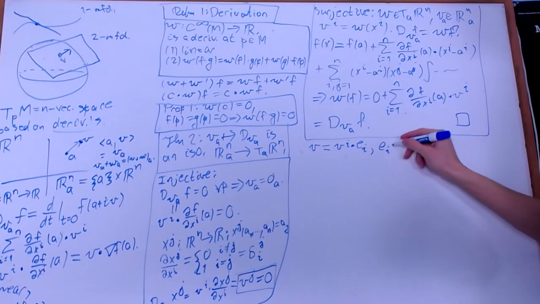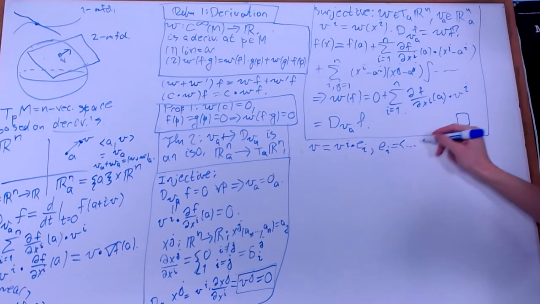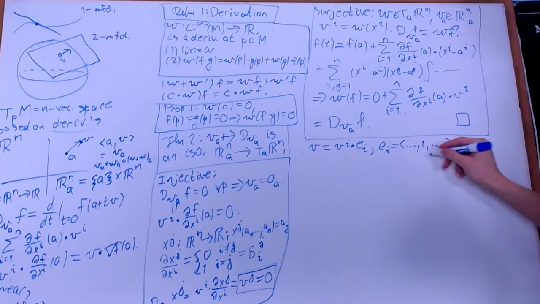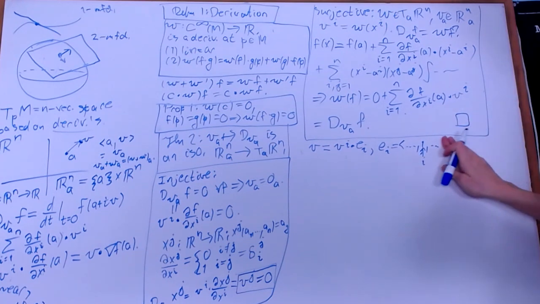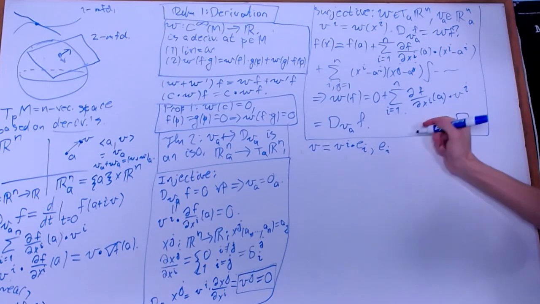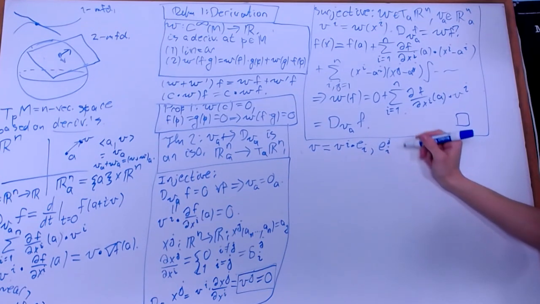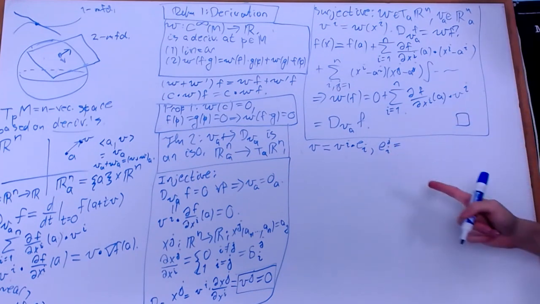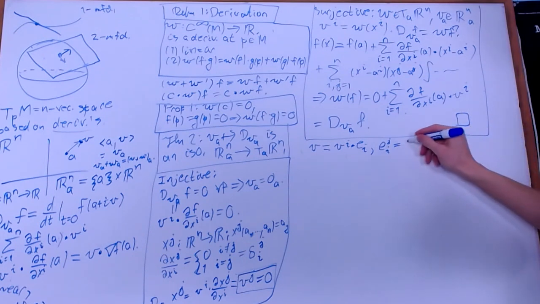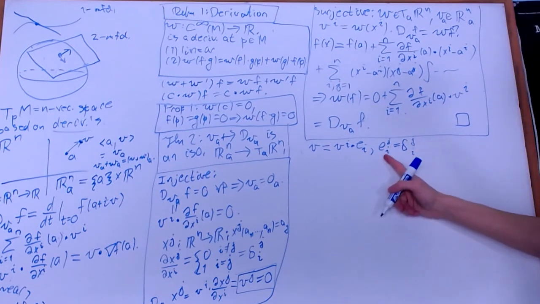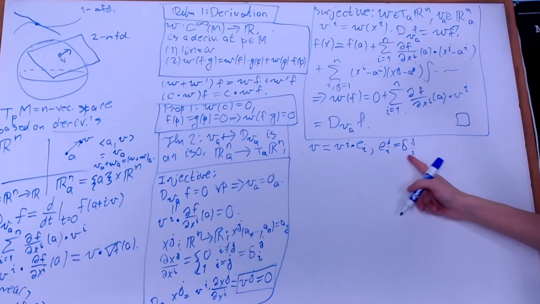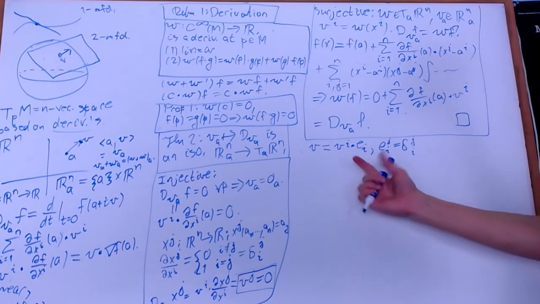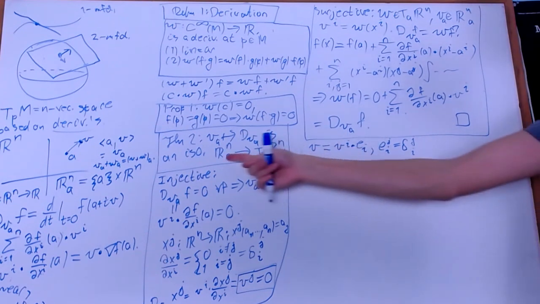And I know that EI is going to be the vector which is 0 at every place but the ith coordinate. What's another way of stating that? Well, another way of stating that is that EI at the jth coordinate of this vector is going to be 0 if j is different from i, and 1 if i is equal to j. Basically meaning that it's going to be equal to delta ji. And so what you get is that the coordinates of each of these basis elements is the Kronecker delta function. Why is this important? Well, because these EIs are a basis of Rn,